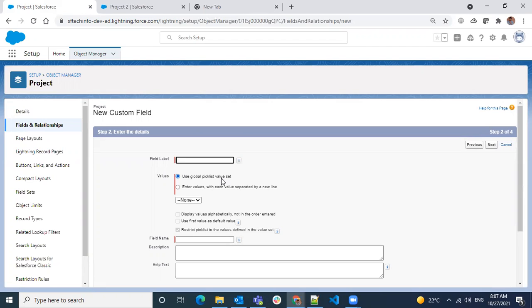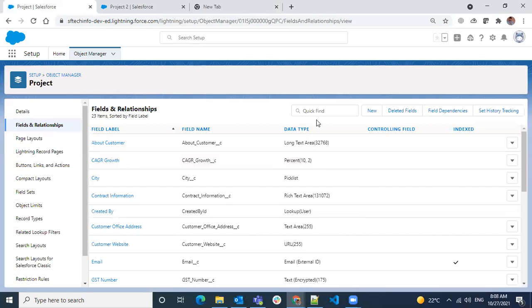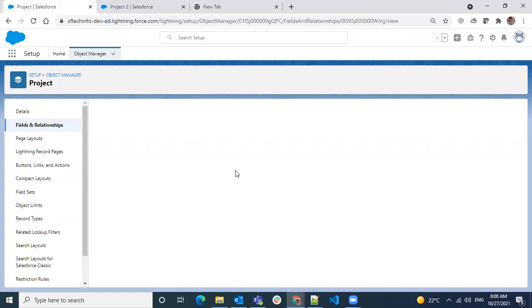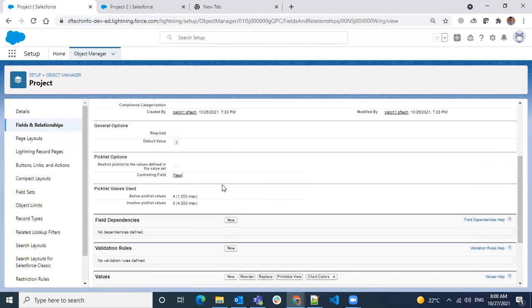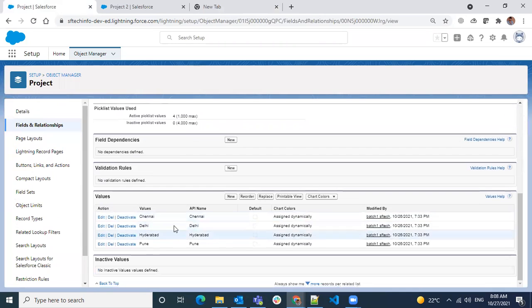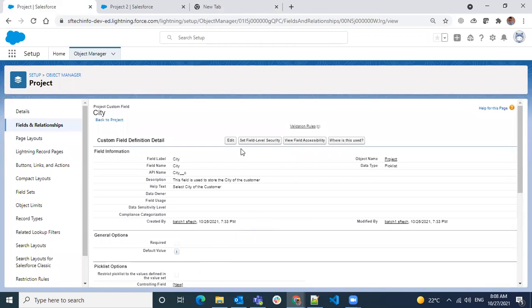You can directly create a global pick list value and then use it here, or you can promote any of the existing fields to a global pick list value. For example, we created the city field as a normal pick list, not a global pick list value. If you want to promote these values to a global pick list value, you can do it from here.